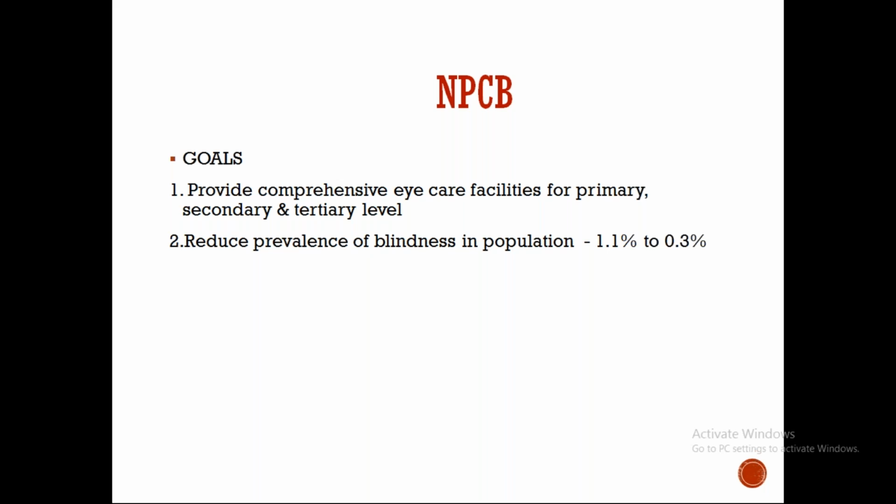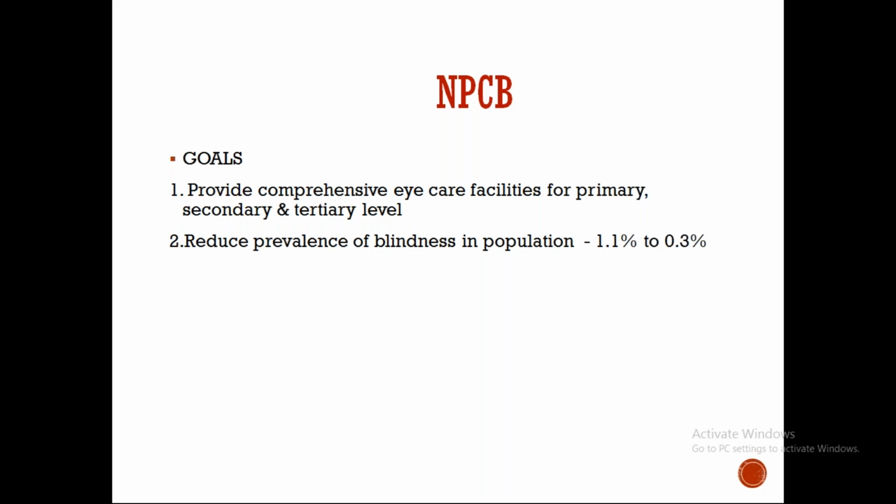So the goals of the program are providing comprehensive eye care facilities for primary, secondary and tertiary level. The prevalence of blindness in India is 1.1%. That is, there are 11 blind people for every 1,000 people, and we want to get it down to 3 for every 1,000 people. So this is the main goal of NPCB. So you have to understand this goal. It's very important. The prevalence of blindness in India is 1.1%, and we are trying to achieve a target of